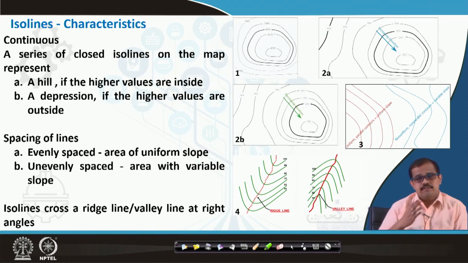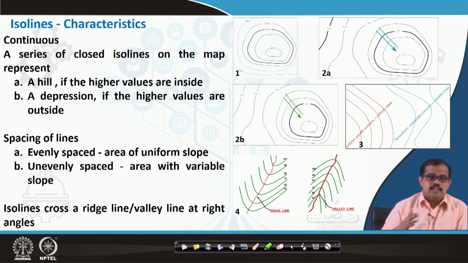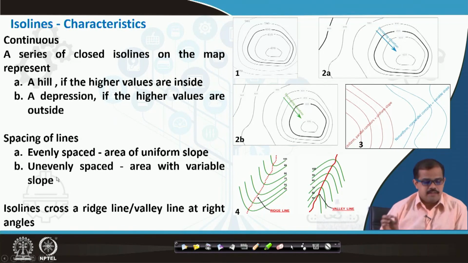If you start drawing a line at a 20 feet interval as I have shown previously, and suddenly you start looking at the values at 40 feet and then 60 feet, then it is not a true representation of the particular surface. That has to be characterized at 20 feet all throughout the model. Okay. Then unevenly spaced areas with variable slope. If you have a variable slope, then only you have unevenly spaced regions, but when you are looking at isolines, normally the model is always evenly spaced.